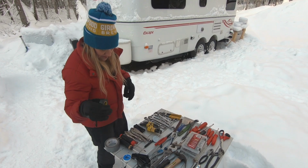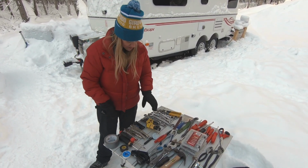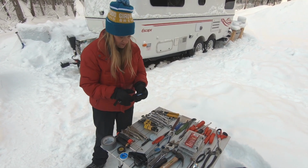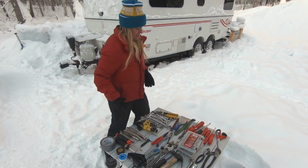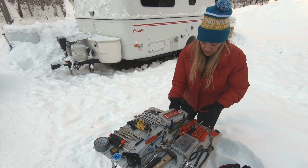I also have a roll of electrical tape, and I've got two sets of Allen wrenches. One is standard, and these are metric, because invariably they'll have something that's just the wrong size, so I've got the size for everything. And in here I have various